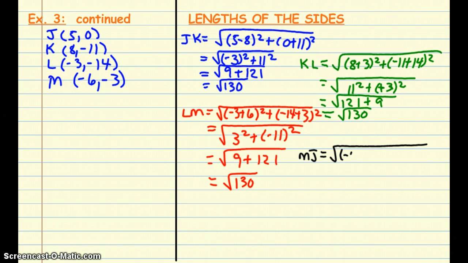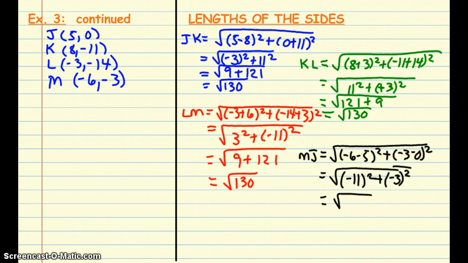So I've got negative 6 minus 5 quantity squared plus negative 3 minus 0. Okay, and this too is going to turn into the square root of 130. Now, since all 4 sides are the same length, we for sure know this is either going to be a rhombus